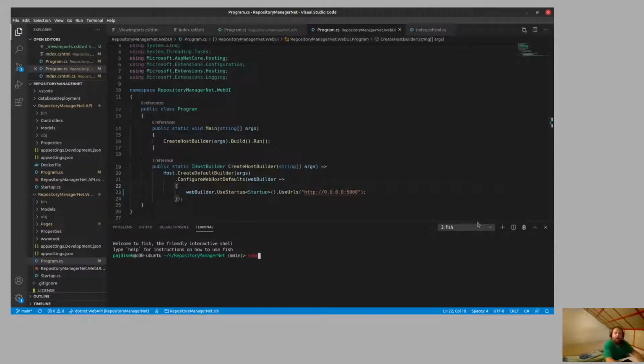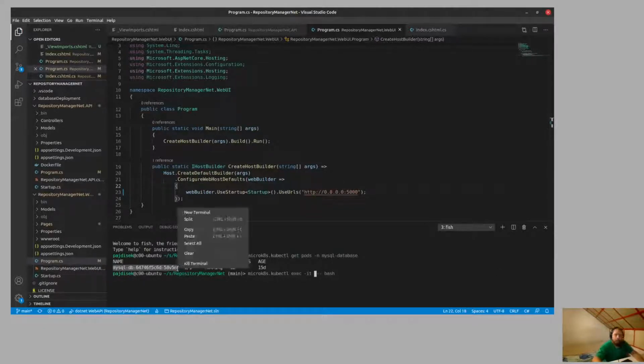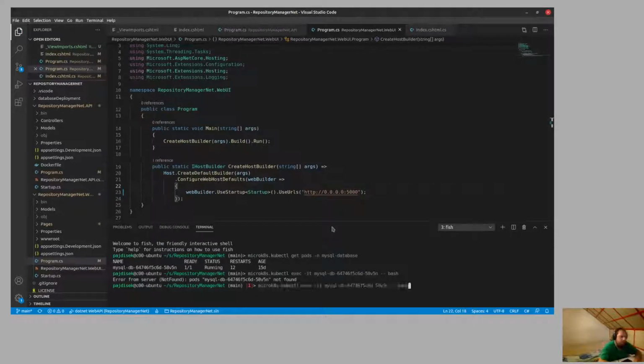So at this point, we should probably check on our database, get pods -n MySQL database. Gonna go exec -it, dash, and I'm gonna just copy the pod name here. I know this is probably not the most recommended way of doing things. Oh yeah, it is the easiest to get to the internal MySQL